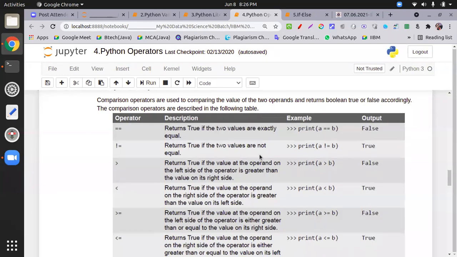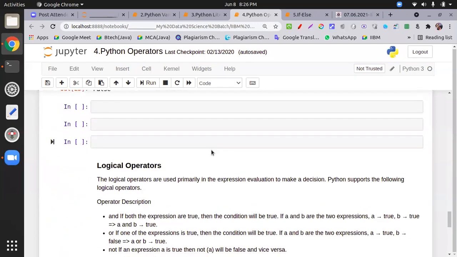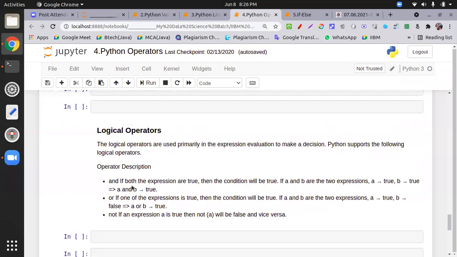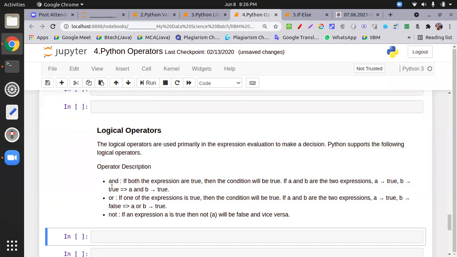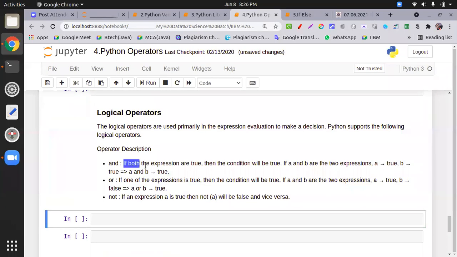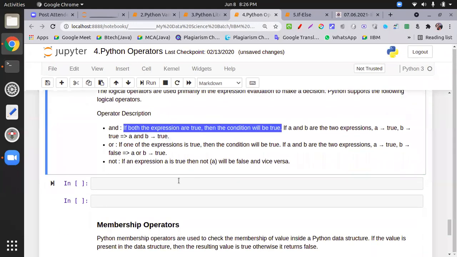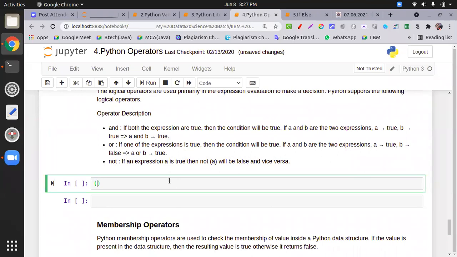We have two more operators, logical operators. Logical operators have three kinds: one is and, one is or, and one is not. We use scripting over here. So what our and operator says: if both expressions are true, the condition will be true. For example, if I say